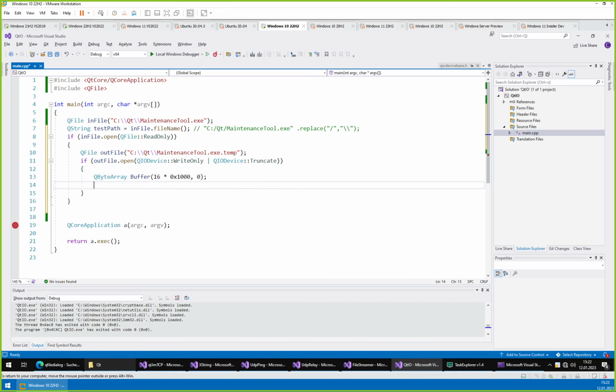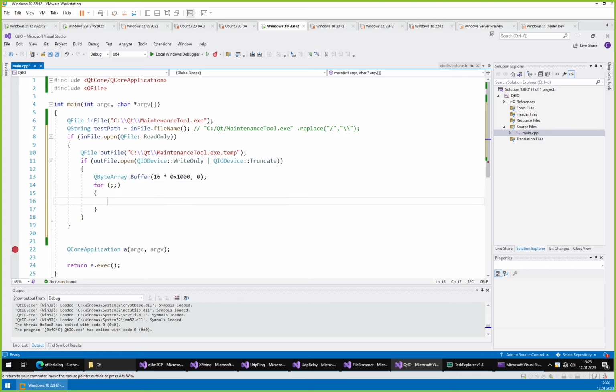Then we can read from one file, so we make a loop for the beginning, infinite loop. Then we have our in file, read, and then there are two options. So the read function, there are a few implementations of it. There is one which just takes a length and returns you a new QByteArray, which means it will allocate new memory, and all in all this will be less efficient than if you would reuse an existing array. And the second implementation just takes a pointer, so this is what we want,